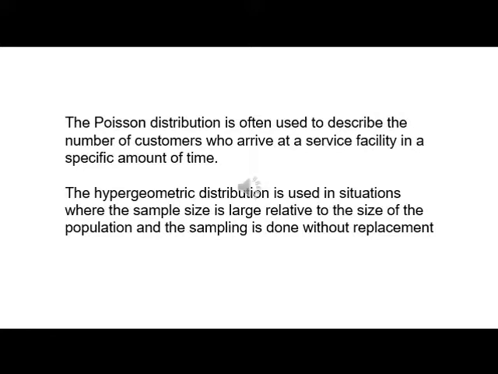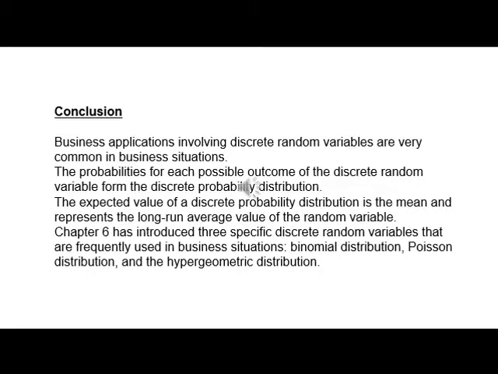Conclusion. Business applications involving discrete random variables are very common in business situations. The probabilities for each possible outcome of the discrete random variable form the discrete probability distribution. The expected value of a discrete probability distribution is the mean and represents the long-run average value of the random variable. Chapter 6 has introduced three specific discrete random variables that are frequently used in business situations: binomial distribution, Poisson distribution, and the